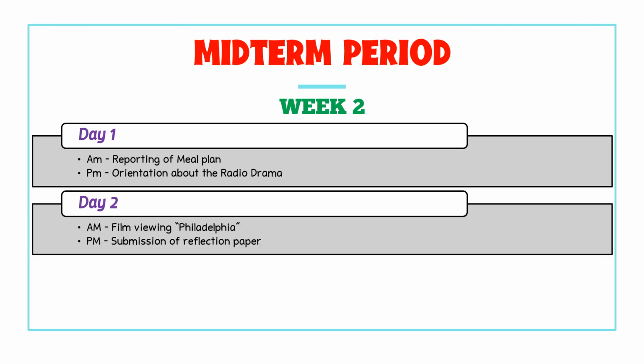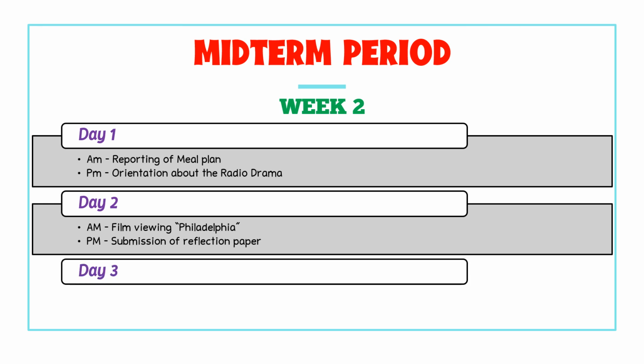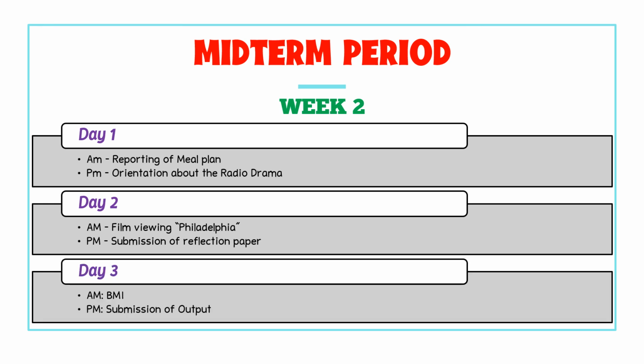So, on the second day, sa week 2, film viewing na puntahan about Philadelphia nga movie. The same, we'll give you a link for that, and then after which, mo-submit na mo og reflection paper. And then on day 3, that would be regarding your BMI. So, inyong buhaton ani is just to compute a body mass index. Mangita lang mo og mga certain individuals nga inyong i-interview and inyong computan sa BMI and inyong i-interpret. And then, syempre, i-submit ninyo ang output sa akoa para makita kung tama ba ang inyong computation, tama ba ang inyong interpretation.